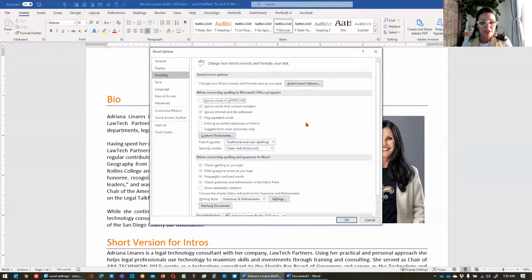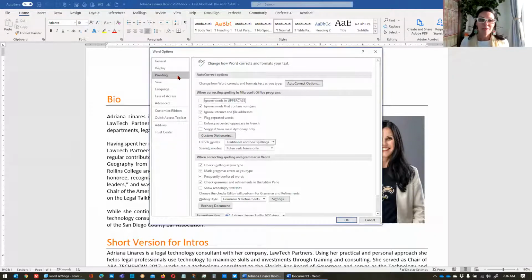So while we're here in file options, let's look at a few other settings that you might want to adjust. One of the things that people say to me all the time, I hate when Word turns a C in parentheses into the copyright symbol. Well, it's likely that, again, unless you're in IP or doing USPTO work, you're probably not using the copyright symbol every day. And every time you put a C in parentheses, which you might use every day, it turns it into the copyright symbol. So there's a way to prevent that from happening.